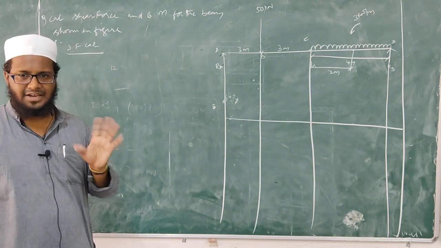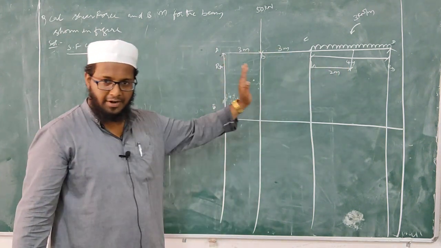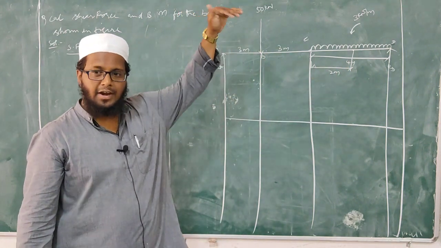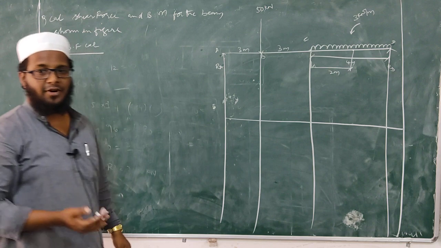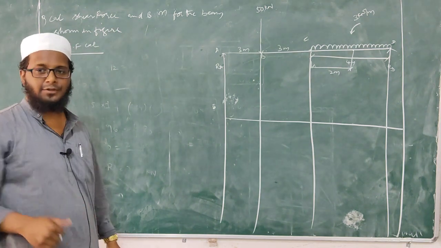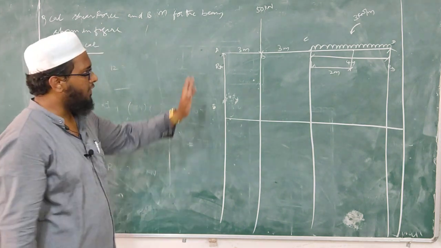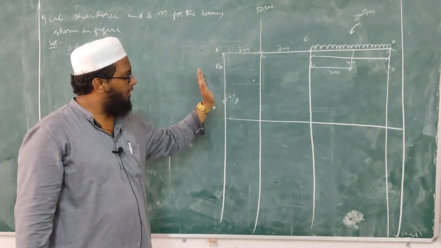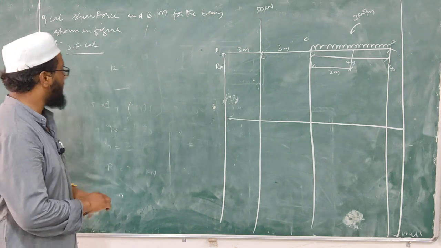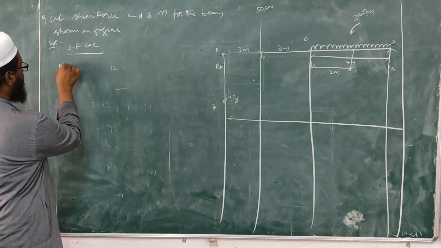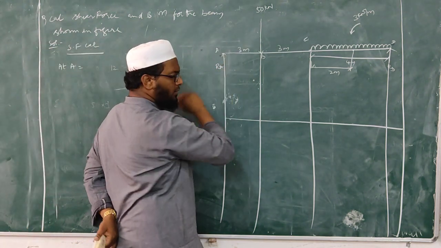And we know the sign conventions, isn't it? When you calculate from left to right, upward forces will be positive and downward forces will be negative. When you calculate from right to left, then upward forces will be negative and downward forces will be positive. Okay, you have to be very careful in calculation of these forces. So we will try to calculate from left to right, from A to D, so that the calculation will become easy. Upward forces positive, downward forces negative. So what will happen to shear force at A? What is the value of RA we have? 62.